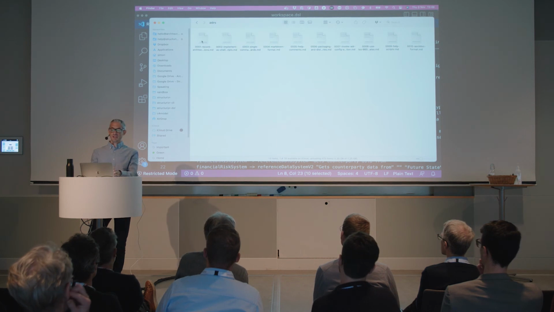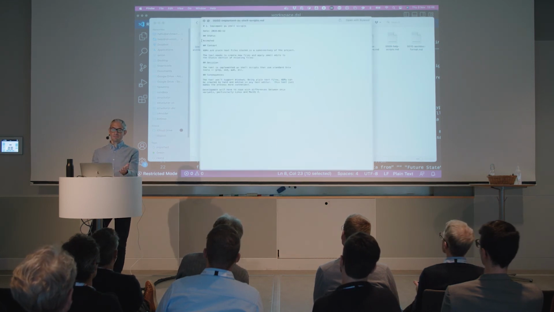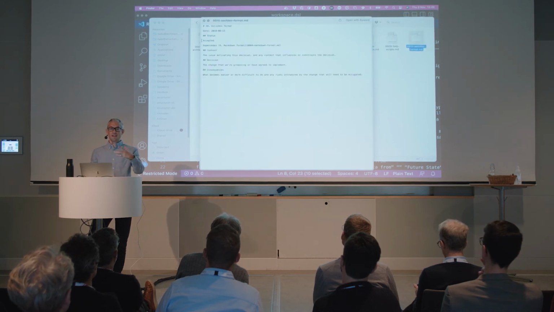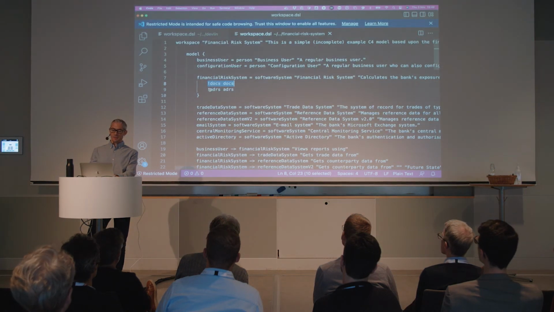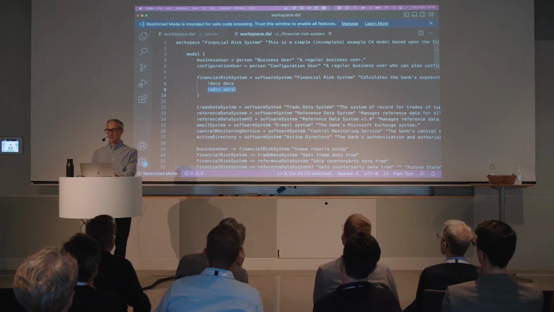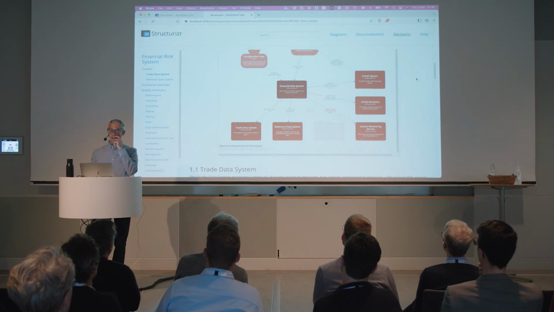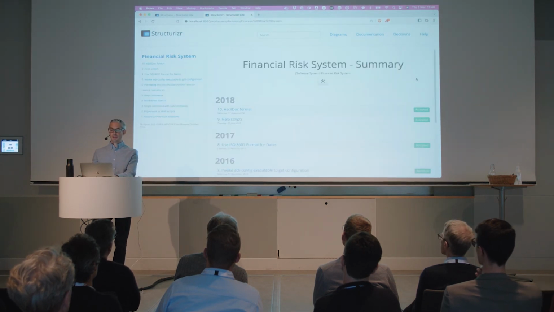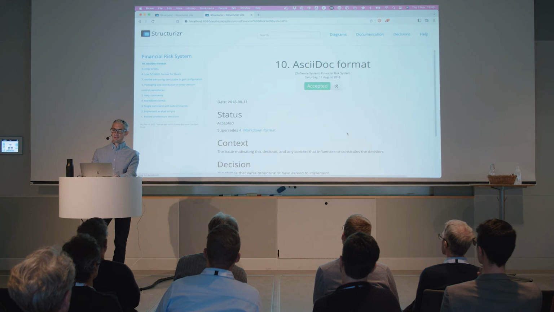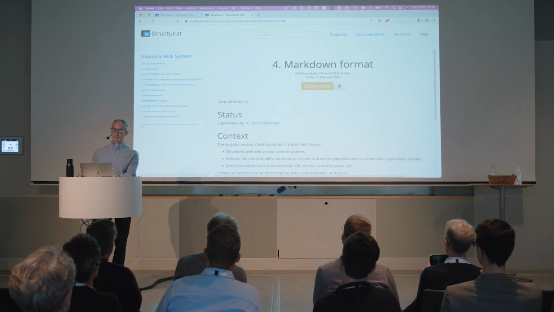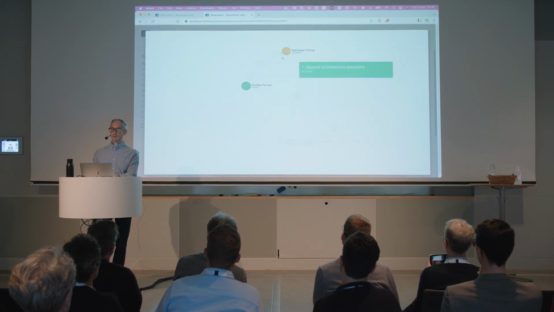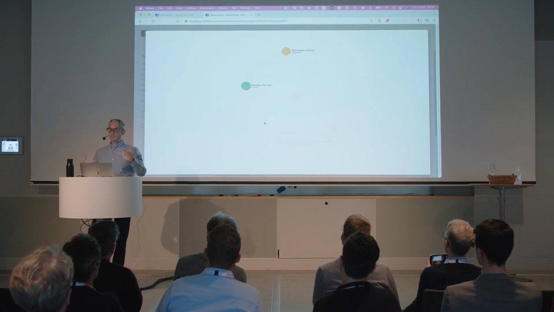Here we have a folder full of architecture decision records, which again are just bog standard Markdown as created with the ADR tools command line tool by Nat Pryce. Highly recommend that if you've not seen it. In the workspace here, we're just saying go and attach architecture decision records from that ADRs folder. And you also get a nice browser-based viewer. This is what I showed you briefly in my talk this morning. This is the web-based viewer for architecture decision records. You can scroll through them. It shows you things that are superseded. All the hyperlinks work, and you get that nice little graph feature here. So this is another nice way to visualize architecture decision records.